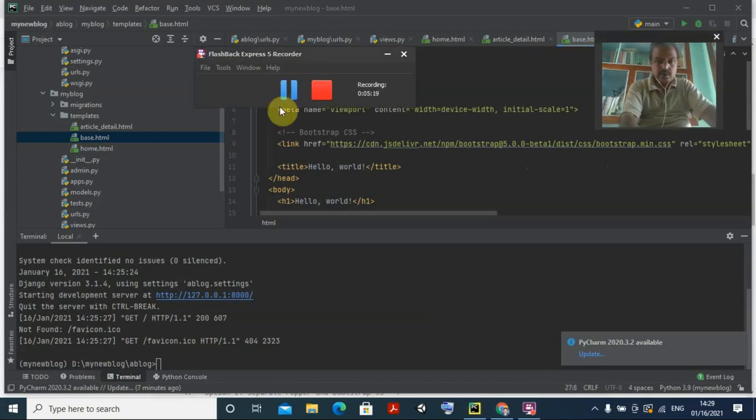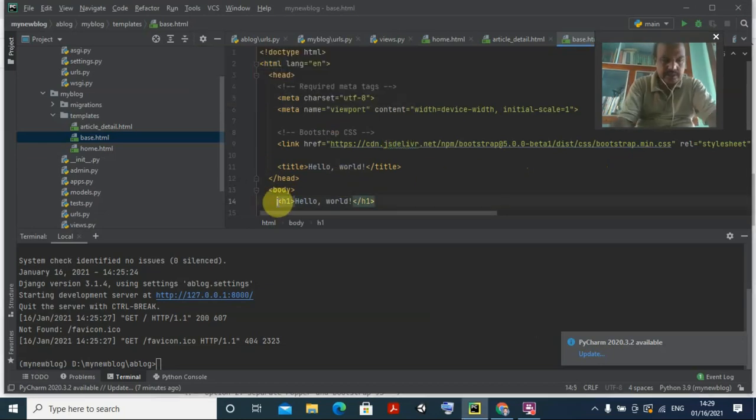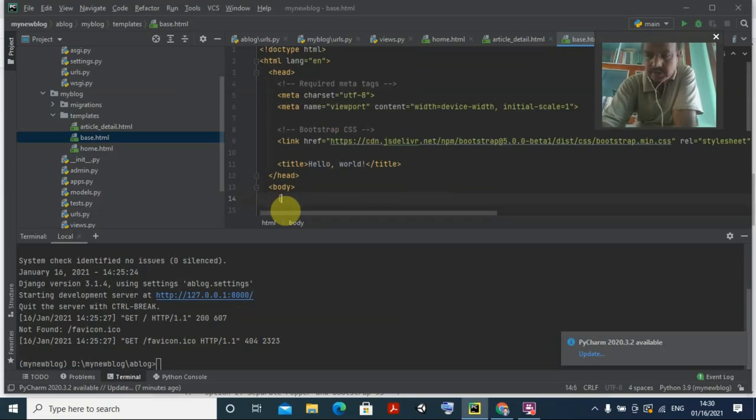What you need to do, if you see here inside this body, I pasted it there, and it was hello world. I removed all those things. So here, inside the body, I want to create things like this. Okay, this is and this is there. So you put it there, the percentage sign and also the percentage sign.